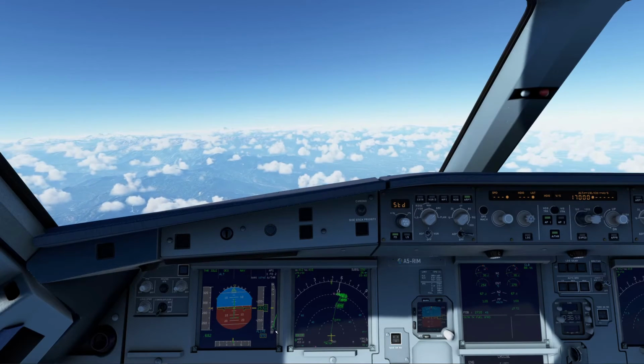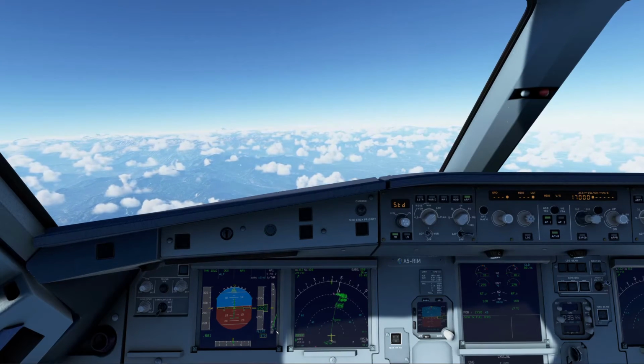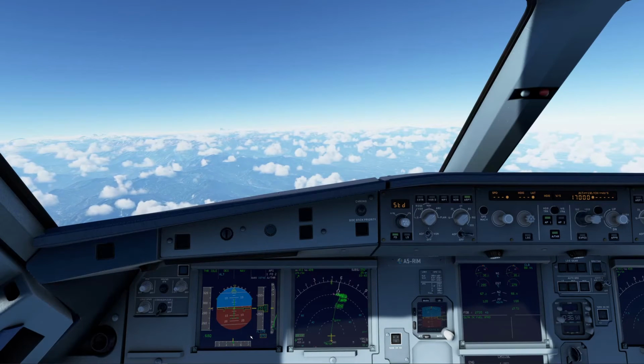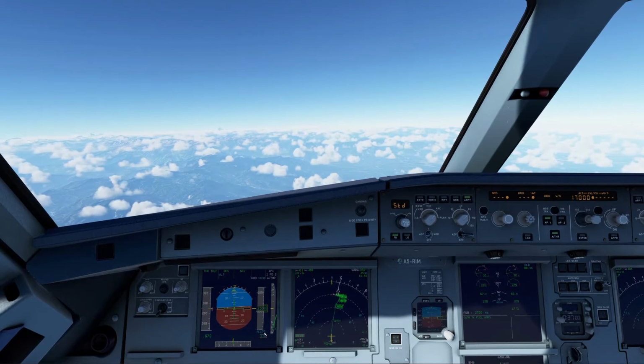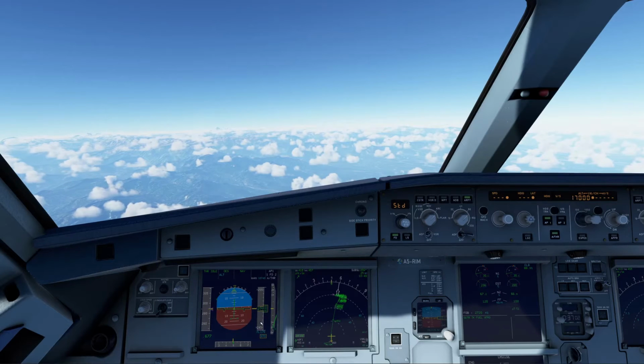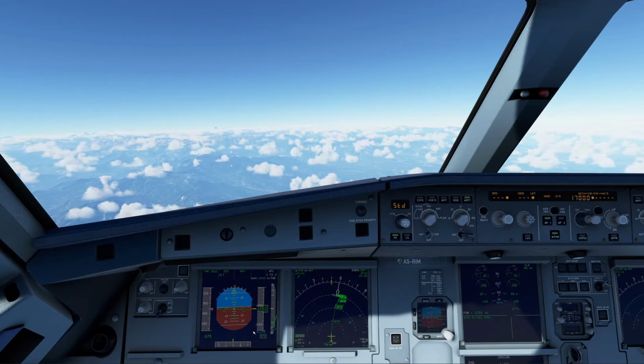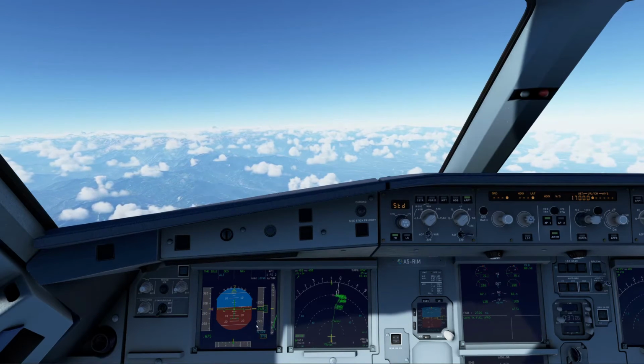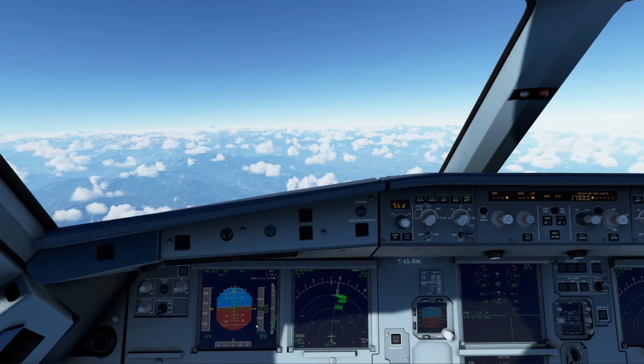So we've got a VS of 2.5, 2.4, and you've got flight level 170 set here, and we are at 24,900 and descending quite nicely.